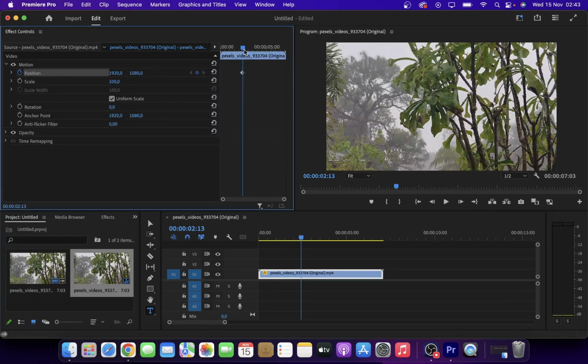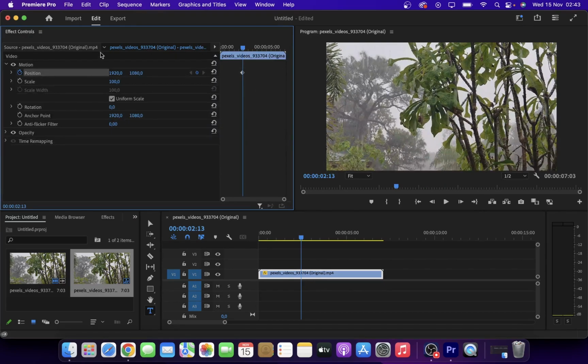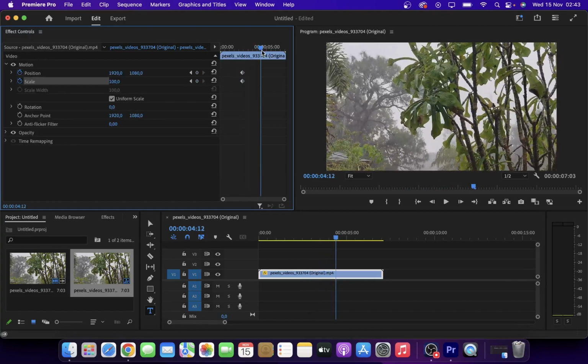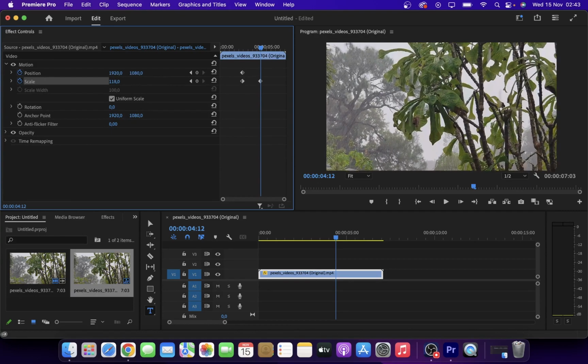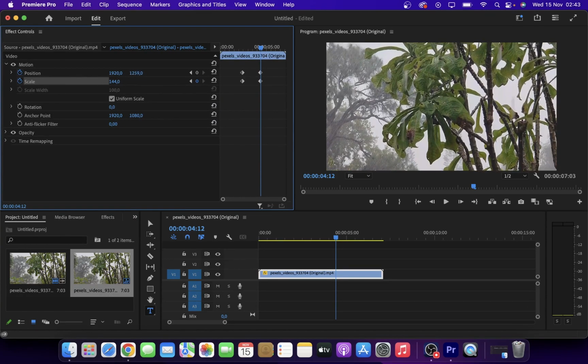And then what you have to do is simply move like this. But before that, make sure to make one for scale too, and then you can move a little bit this slider on the timeline, and then here you'll have to increase like this. Now if you want to zoom like in the corner, you can move around this